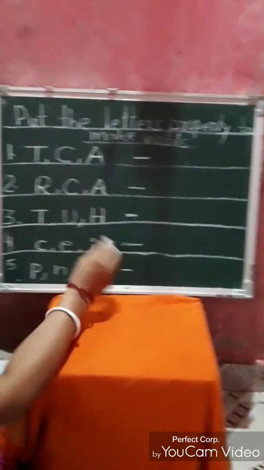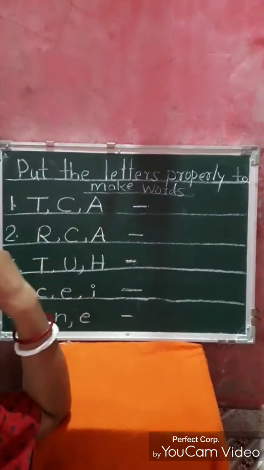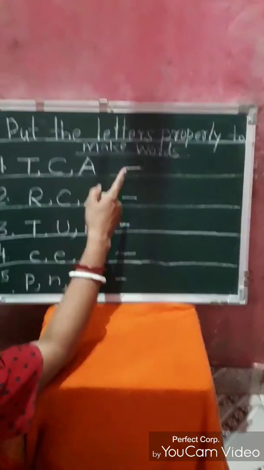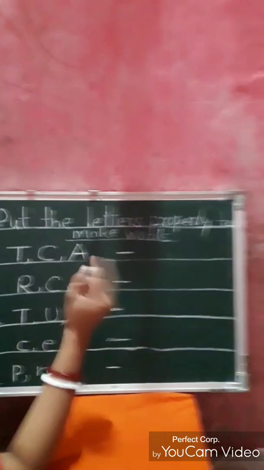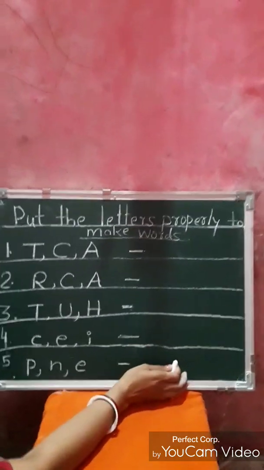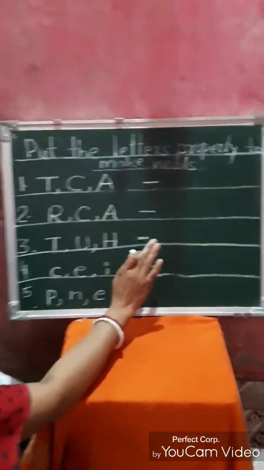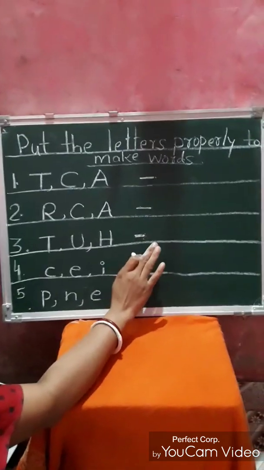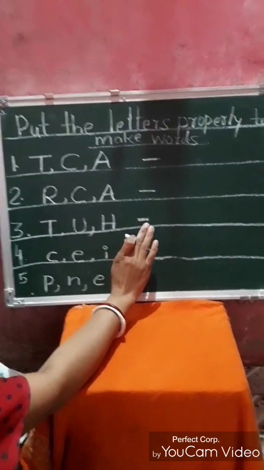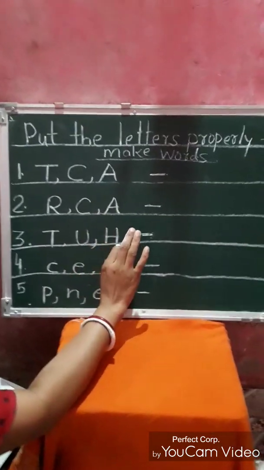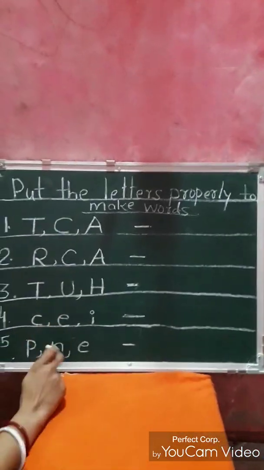In the last step I taught you about the meaning of words. With the help of letters we make a word and a word has meaning. While speaking or making sentences, while writing, we use the words, but we do not use the letters, because letters do not have any meaning but words have meaning. We will clear our concept about words with the help of some more examples.